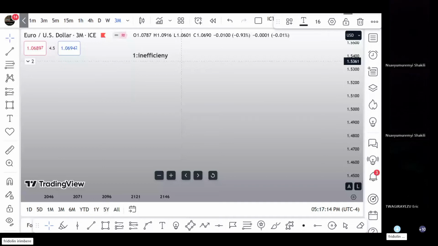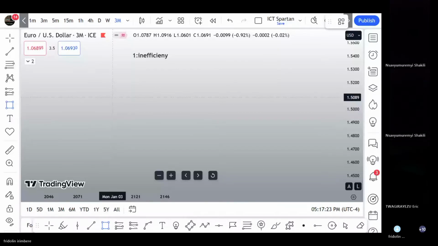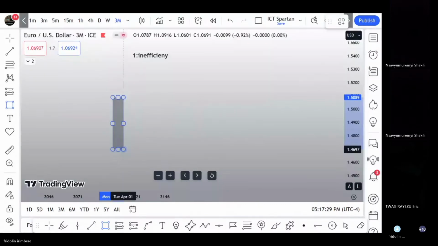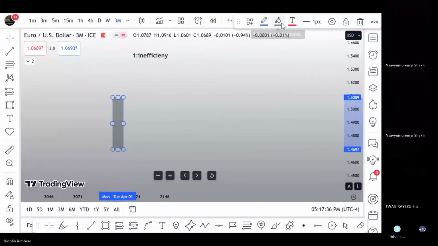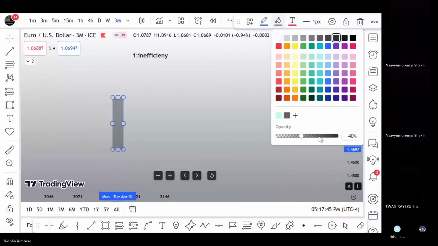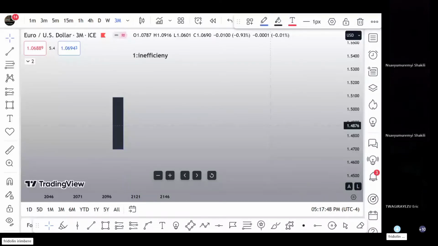So from the structure of the candlestick that we had, it was like this. Ukuvuga, this is the candlestick. Ukuvuga candlestick yacu irafita